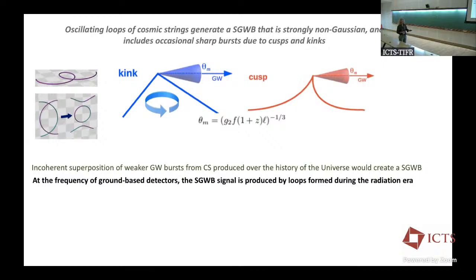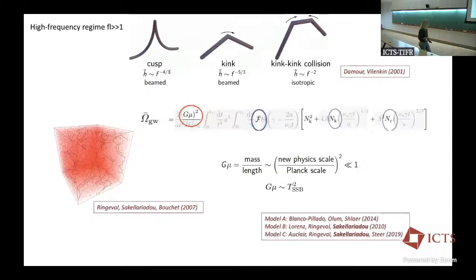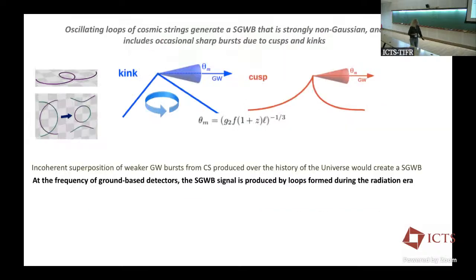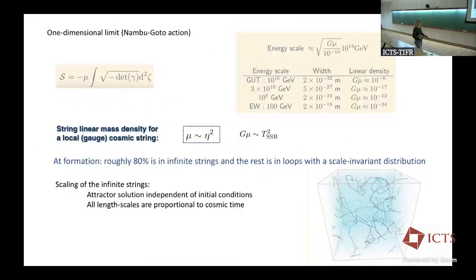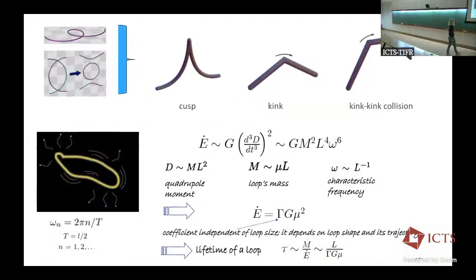At the frequency at which our detectors today operate, the gravitational wave background from cosmic strings is produced from strings during the radiation-dominated era. And remember, everything I say goes basically for LIGO, Virgo, KAGRA kind of detectors. So then we know the frequency of the gravitational waves, but we can calculate the energy density of gravitational waves either from this omega that I said before, or, equivalently, by taking the number of cusps you have.